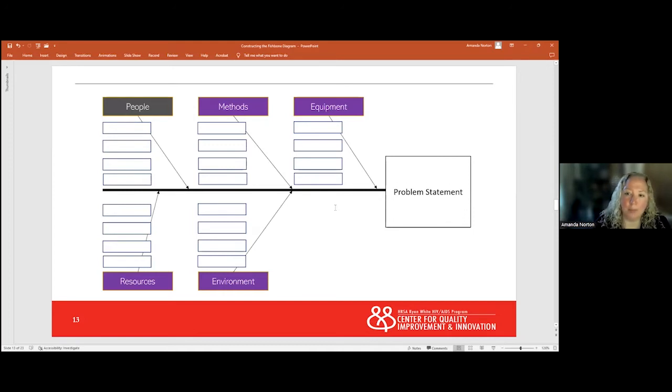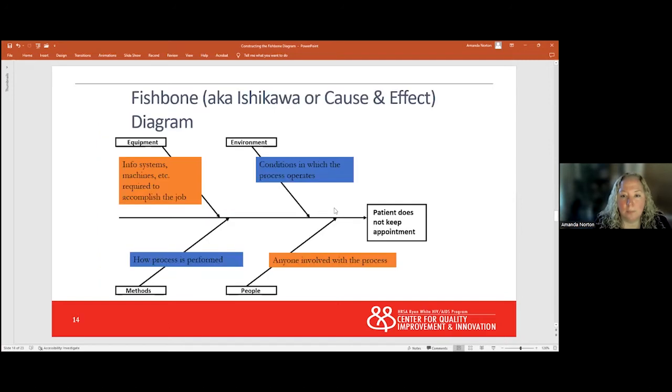So when we put it together, we end up looking at a diagram that looks something like this. So your problem is the head of your fish. And then we have equipment, methods, people, resources, and environment. So these are the things that are going to influence, and it's easy to begin to think about what are very, very specific examples that would go into this. If we look at an example as we just kind of continue to get from the general into the specific, so if we're thinking about a cause and effects diagram, because the problem is a patient doesn't keep an appointment,